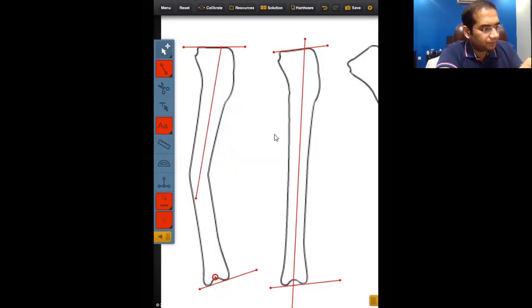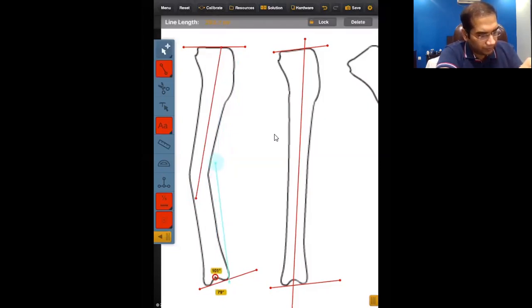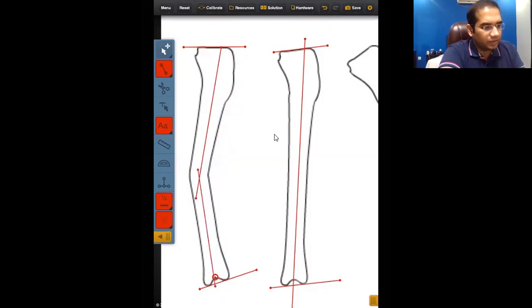Another line again at 80 degrees. And this will give us the deformity. Or the other option is we can simply, first we can draw the